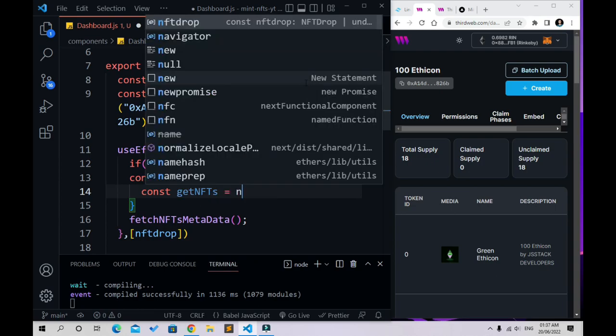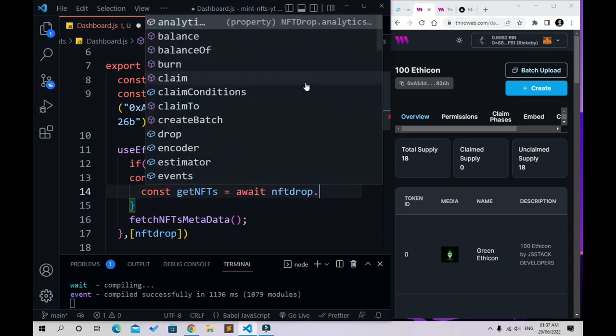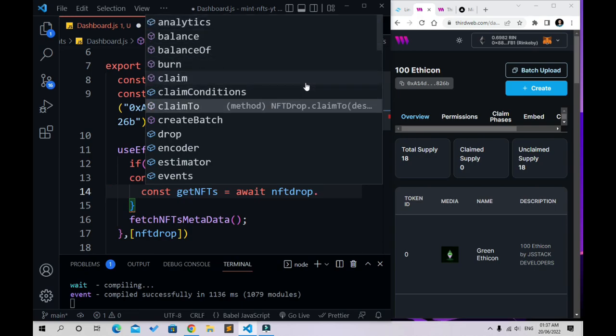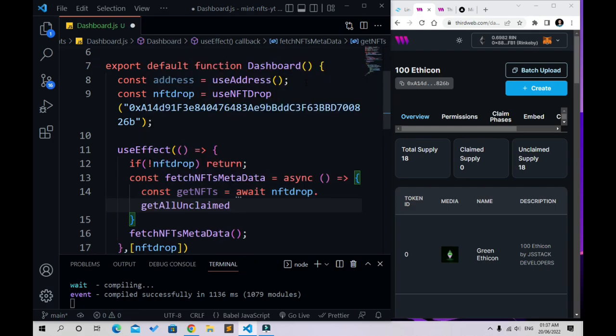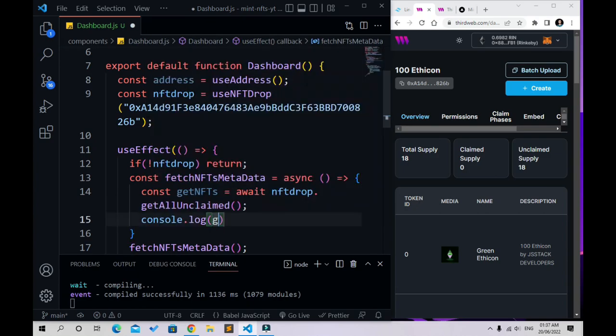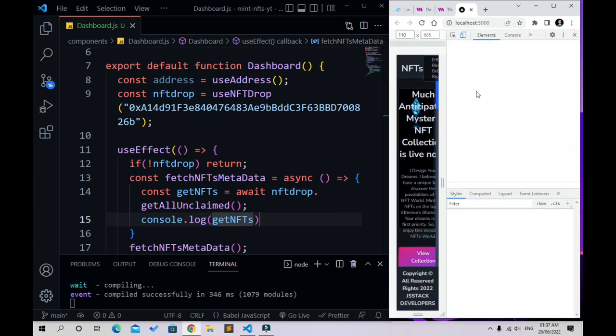And there we need to await the NFT drop, dot, and look at that, we have everything which we want. First of all, I am getting unclaimed NFTs. Okay, unclaimed NFTs. Great. If I console log getNFTs, you can see in the console